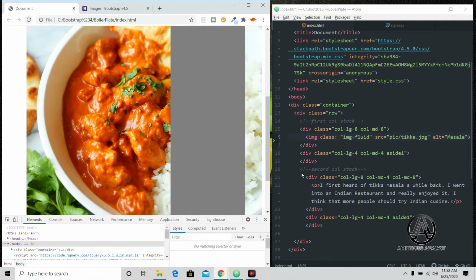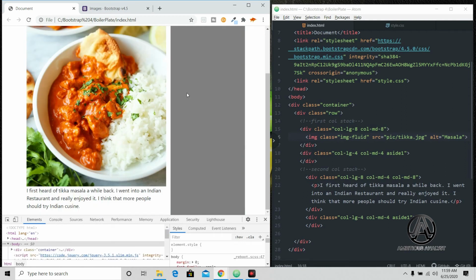Oh, I know what I did. It's not typed out correctly, so it's an equal sign here. Okay. So class equals img-fluid, and let's see if this works. Okay. So now it's working, and it did a couple other things,